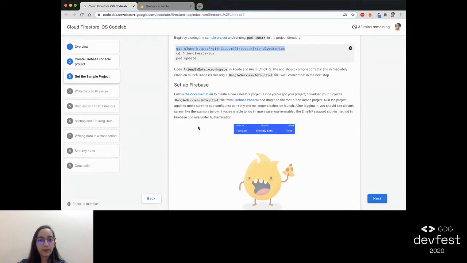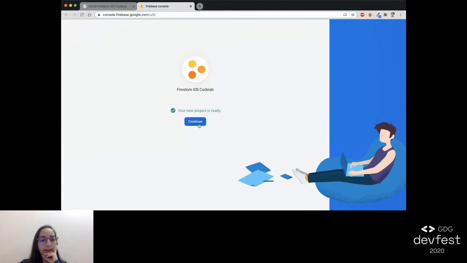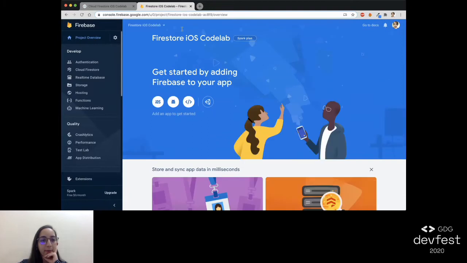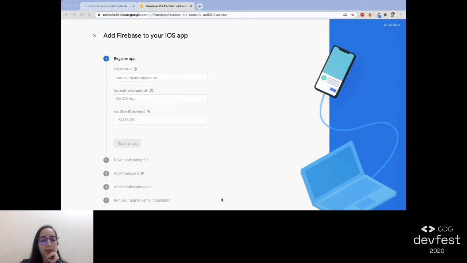And do a pod update on our Friendly Eats. We can just follow whatever is written over here in our terminal. So let's go to the Friendly Eats project and update our pods. Till then, we can go to our Firebase console and start with adding an iOS app. So over here, you can also add Android and web apps, but today, since we are doing iOS, we will add the iOS app. And even though your terminal is updating pods, which I think is done for me,